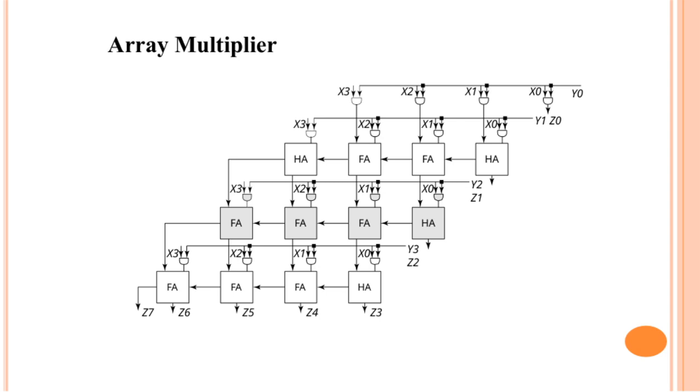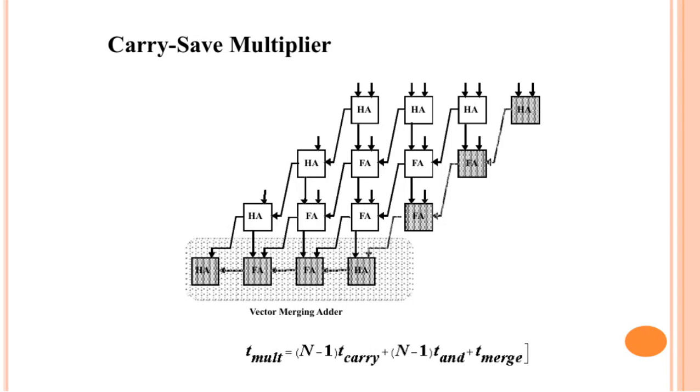The array layout allows simultaneous processing of multiple partial products, resulting in a faster multiplication operation compared to sequential methods. Understanding the role of each adder and how the bits are combined is key to grasping how the array multiplier achieves this parallel processing. Here, we are focusing on the carry-save multiplier, which is a crucial component in high-speed arithmetic